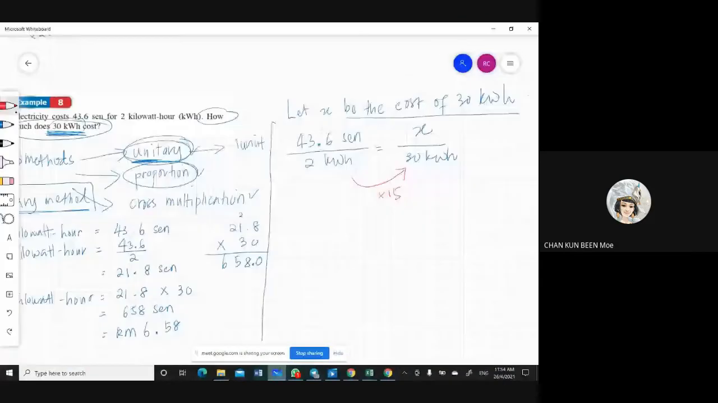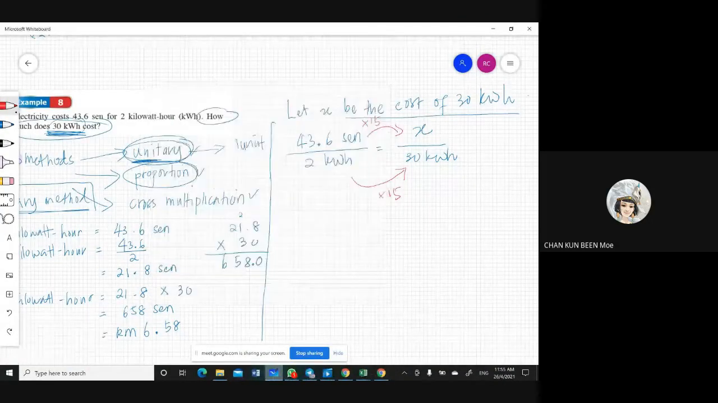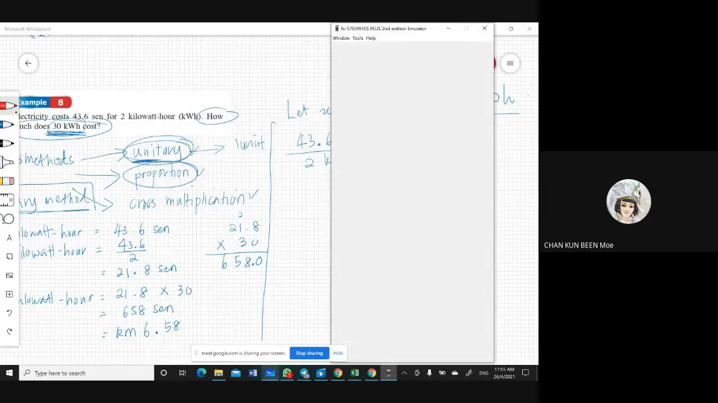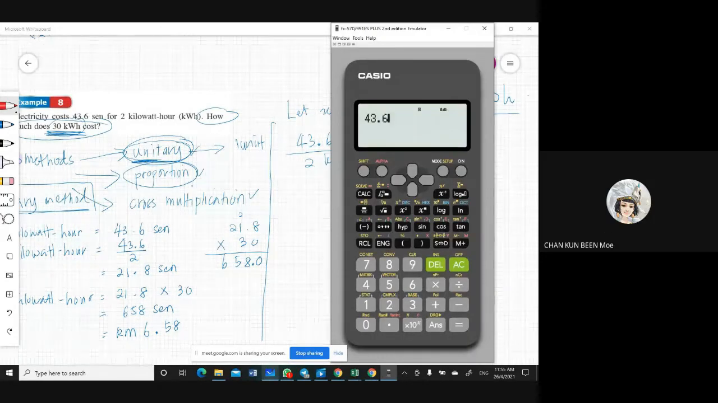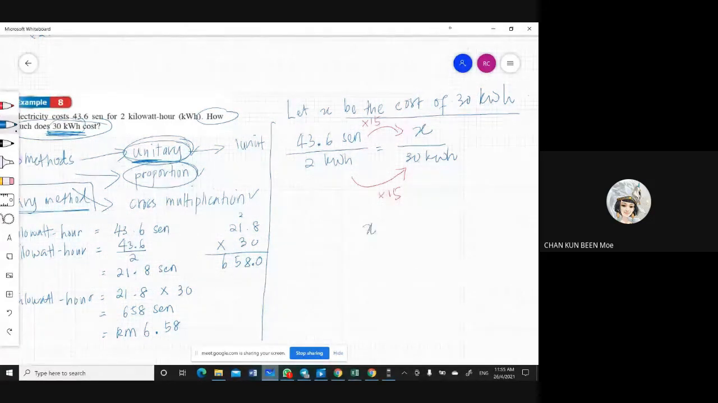Back here, you multiply by 15. Also, we have to multiply using the calculator. 43.6 multiplied by 15, the answer is equal to 654. So how do you write? You just need to write down, hold on, x is equal to